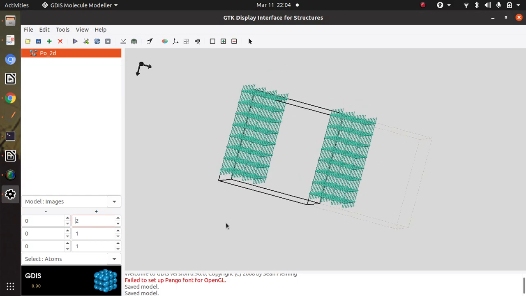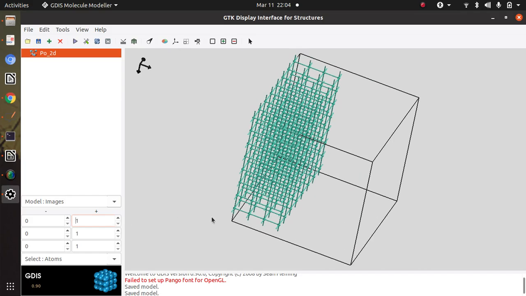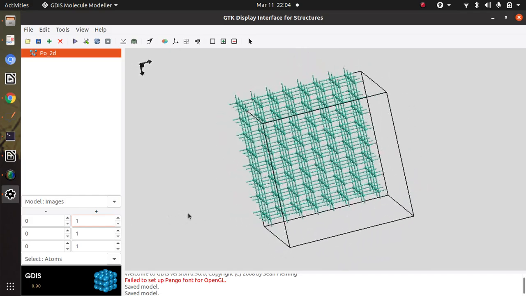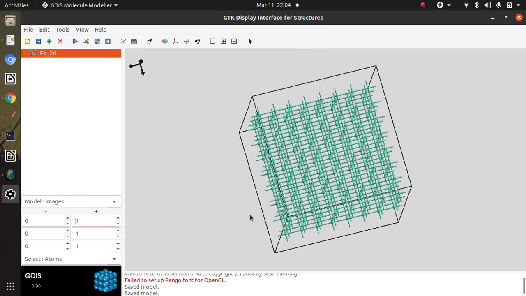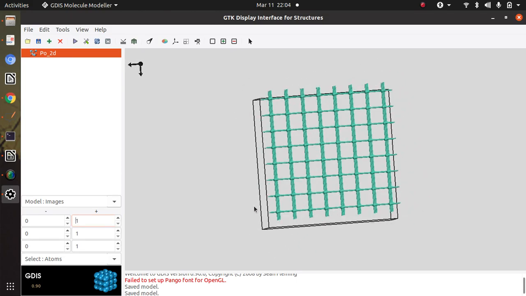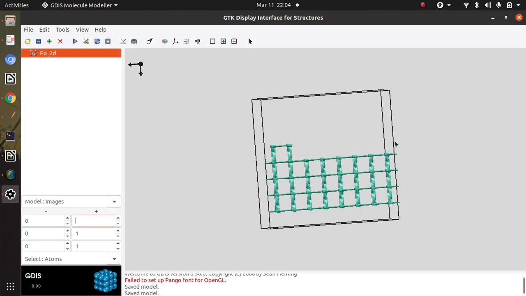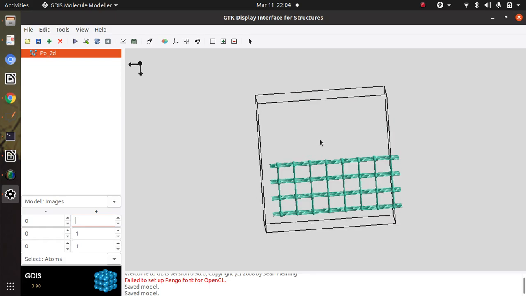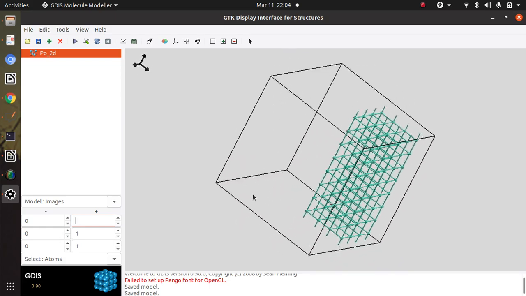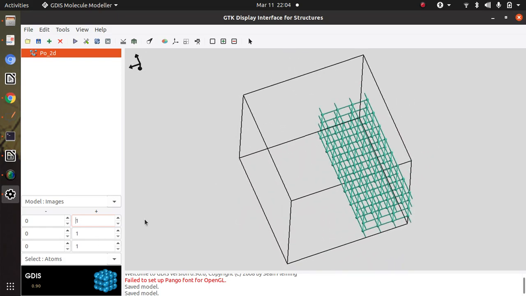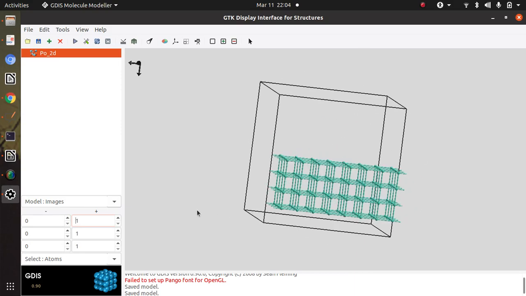And if I delete some atoms in another direction, say 1, 2, 3 and 4, you can select and then delete. Then this will behave as a one-dimensional system.